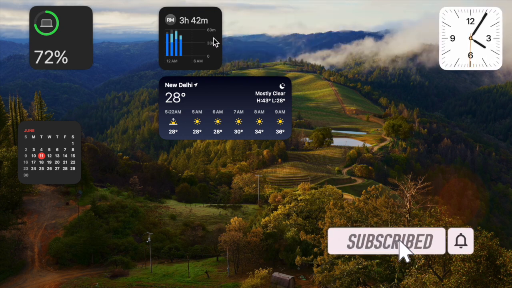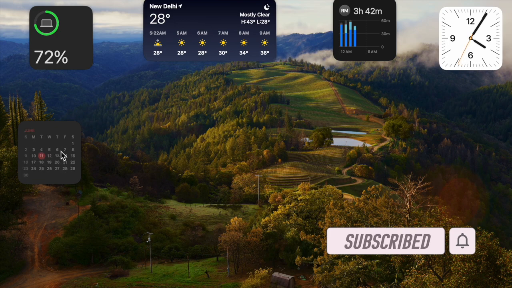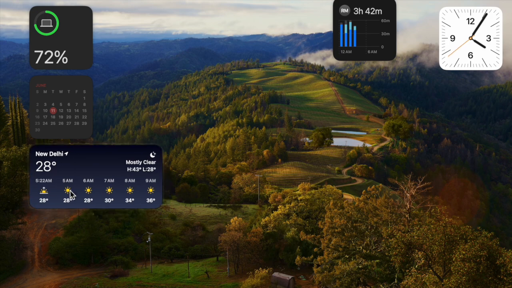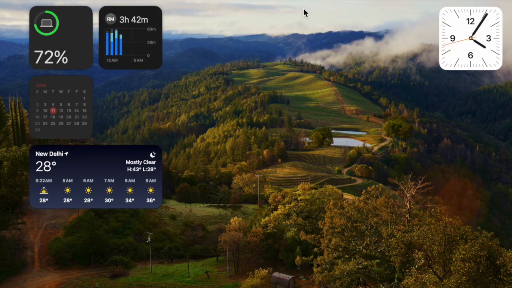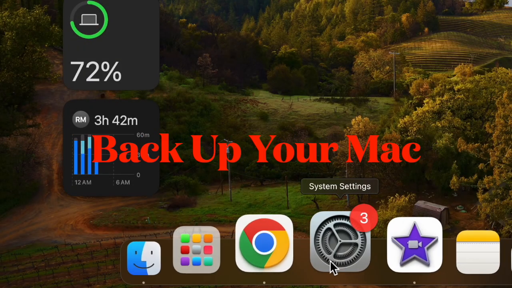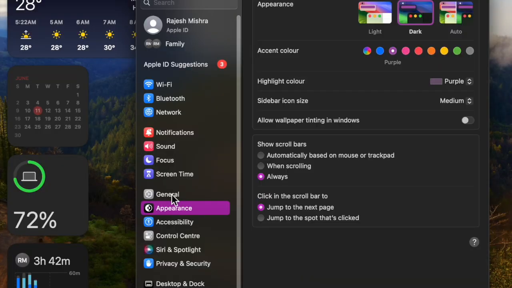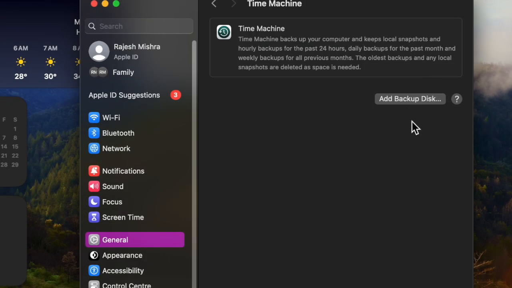Before moving ahead, ensure that you have fully backed up your Mac. With the latest backup readily available, your precious data will have an extra layer of safeguard against accidental loss. Besides, the backup will also let you go back to the stable version of macOS without any pain either. To do so, you have to dive into the Settings app on your Mac and then select General. After that, choose Time Machine and then add a backup disk and then follow the usual process to back up your